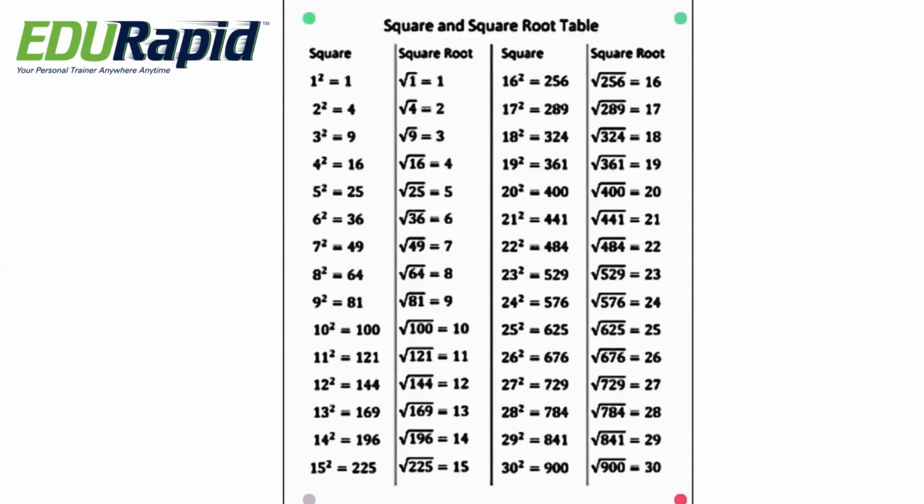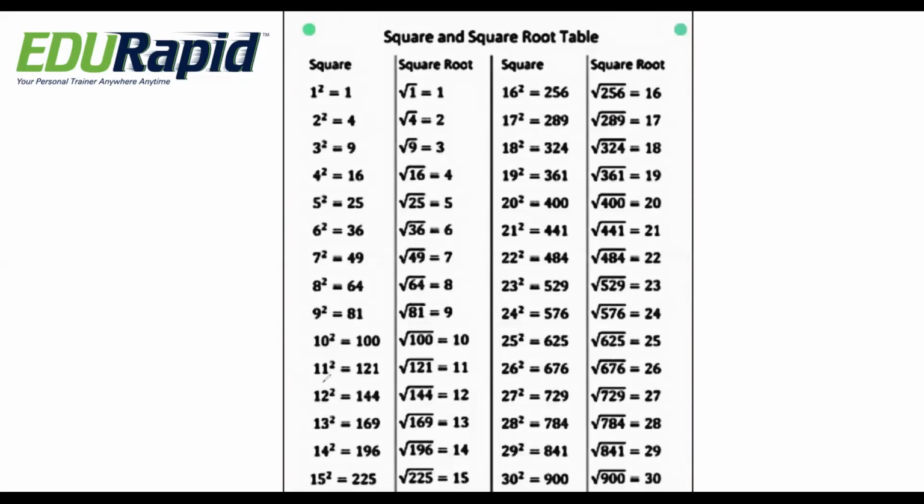1 square is 1, 2 square is 4, 3 square 9, 4 square 16, 5 square 25, 6 square 36, 7 square 49, 8 square 64, 9 square 81, 10 square 100, 11 square 121, 12 square 144, 13 square 169, 14 square 196, 15 square 225, 16 square 256, 17 square 289, 18 square 324, 19 square 361, 20 square 400, 21 square 441, 22 square 484, 23 square 529, 24 square 576,